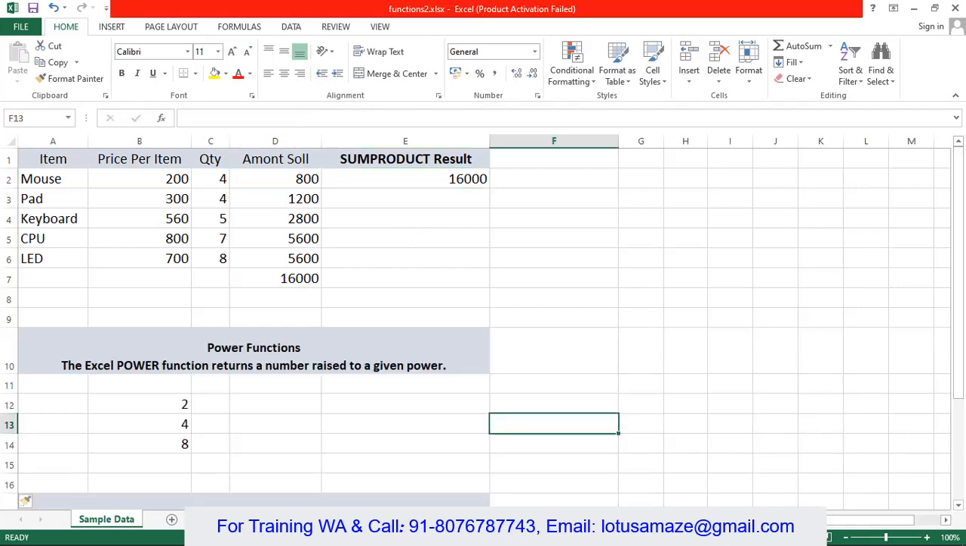Now we check the POWER function. This function returns a number raised to a given power. What I mean is, suppose we have a number, and power means if we say 2 to the power 3, then the total result is 2 times 2 times 2. If we say 3 to the power of 4, then